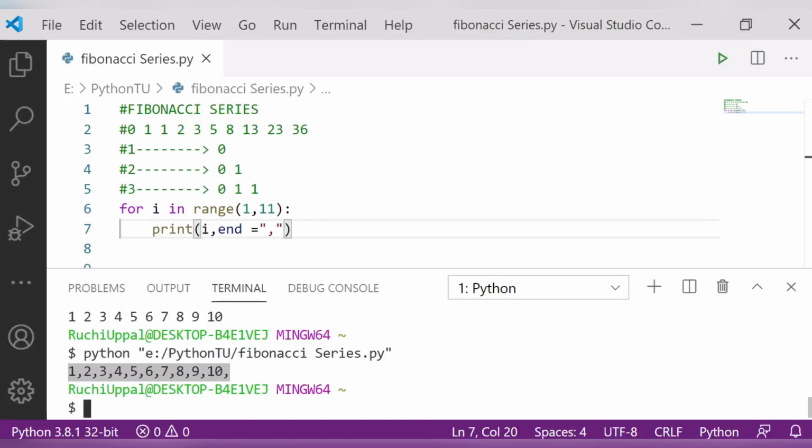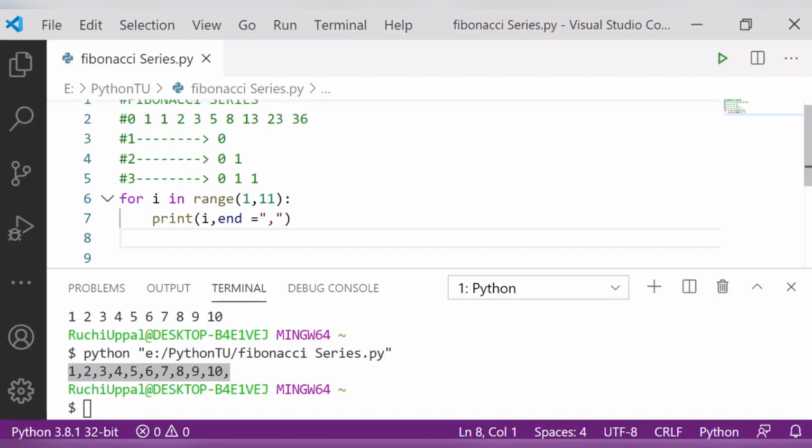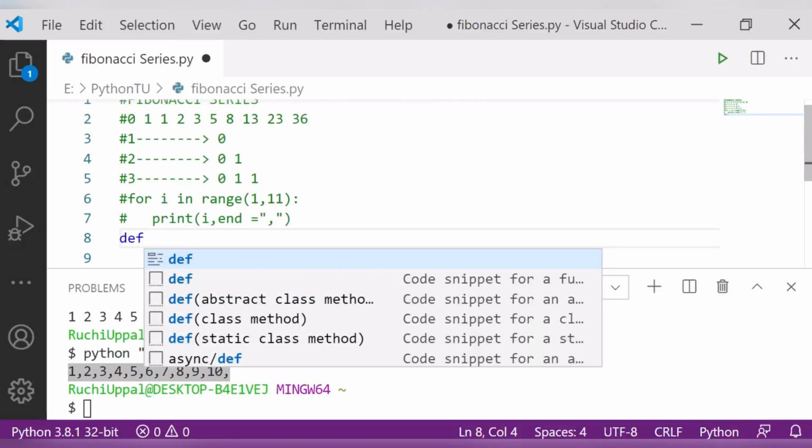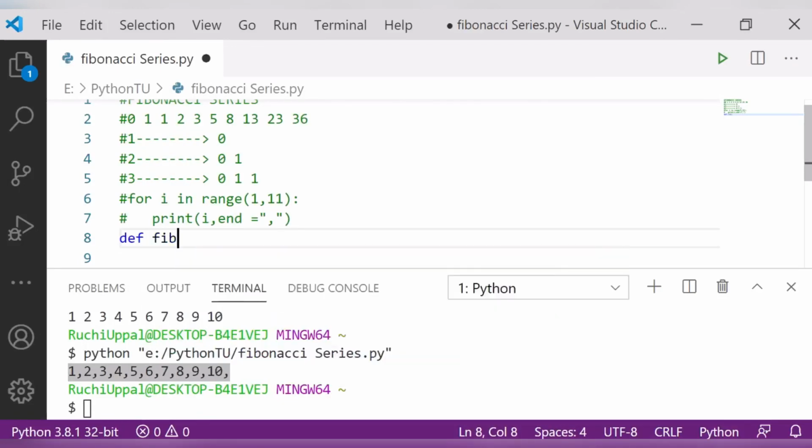So now let's move forward. Just suppose, now let me define the function. This was just for printing the series, how we can print it. Let me comment it out. Now next, how to do it. Before doing this, let me define my function. I am writing here s.